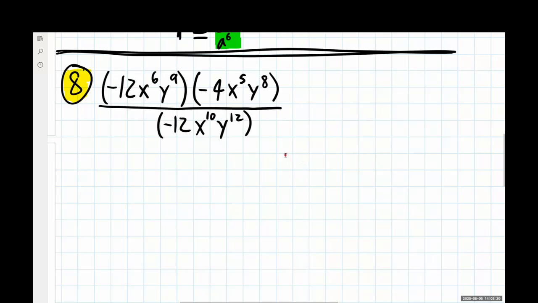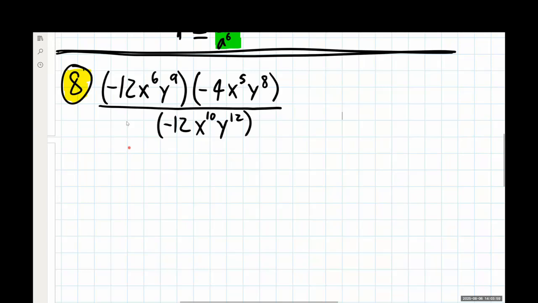Otherwise, you run the risk of saying, well, I've got a y up top and a y down below, so part of those cancel. But then after I cancel that, what's the new part of that that cancels with this other y up here? It can get really confusing at that point in time. So just simplify the numerator using the properties that we have. Just simplify the denominator using the properties that we have. And then we'll get to our final answer and simplify it from there.